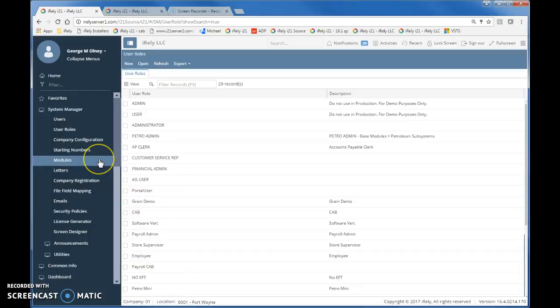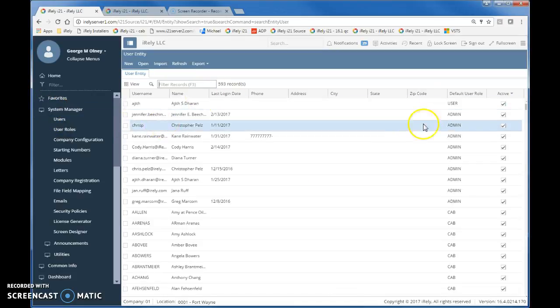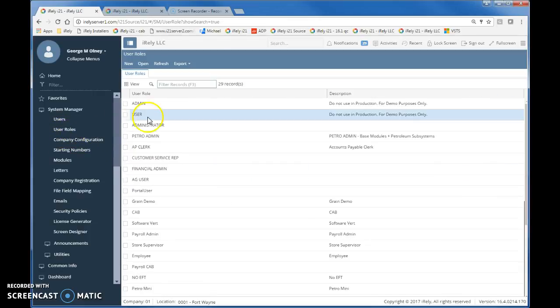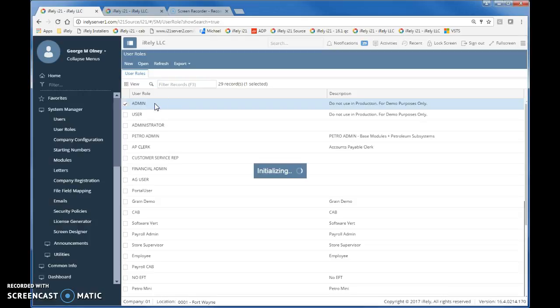Hi, today we're going to go through a quick video on how to associate users with user roles and what user roles do. So first off, user roles allow the administrator to control what screens users get into. So every user, if we look at the user list box inside of System Manager, has a default user role. And then that user role, which is defined under user roles, says what screens that user can